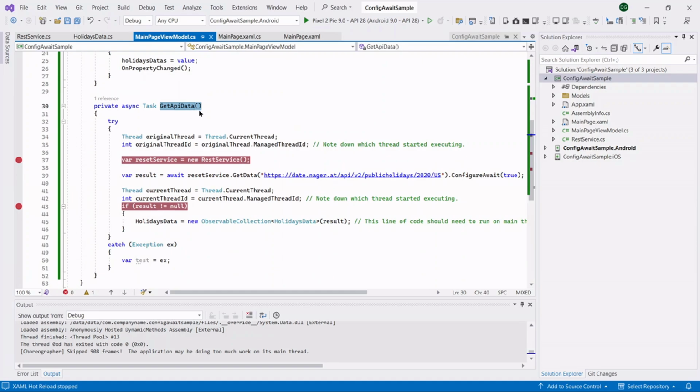Inside this get API data method, I am calling one get data API and getting the data from this API. Whenever the data is received from this API, I am assigning this data to my list view. So for understanding the ConfigAwait false and true behavior, inside this get API data method, I note down the